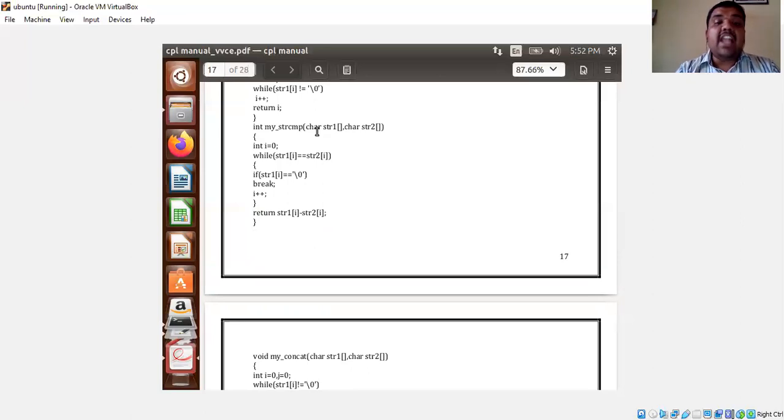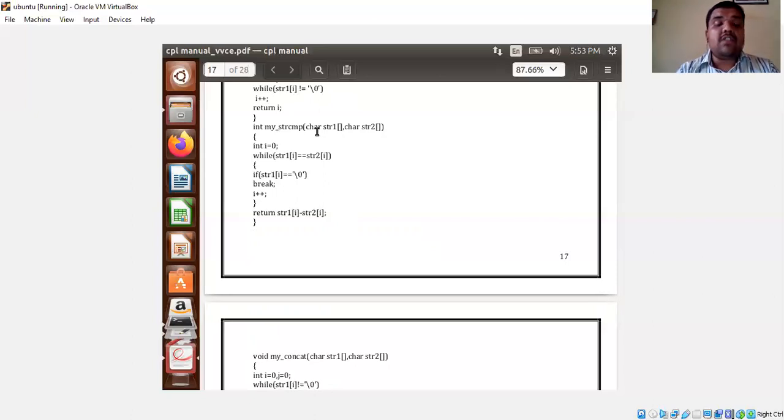Next, while str1 of i is equal to str2 of i. That means if str1 of 0 is equal to str2 of 0, that means you are comparing the first position of string 1 with the first position of string 2. That is the meaning of the statement. And then one more condition it has to check.